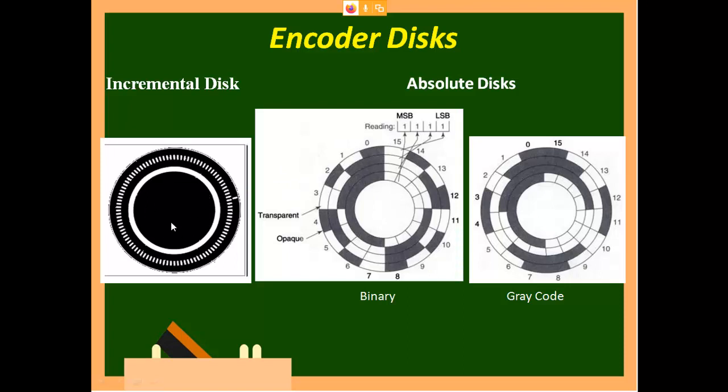So this is used only for speed measurement. That is what I told, the incremental disk, where you can only measure speed. But here you can see, from this position to this position I will get a direct digital value. So for 30 degree, you can see what the degree is here. They have put a 15 slot, so 360 is divided by 15. Correspondingly you can calculate what the degree is for each one.